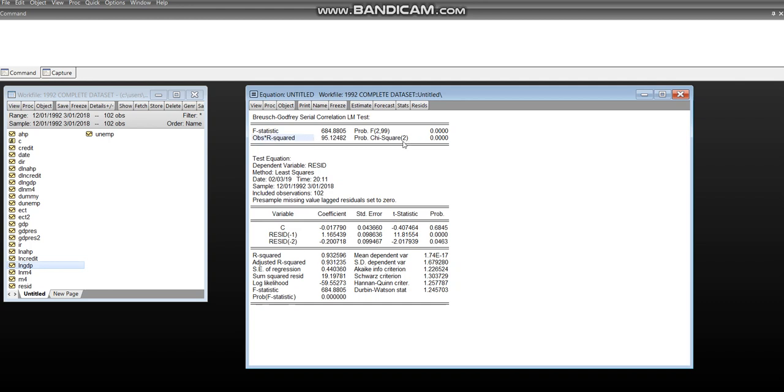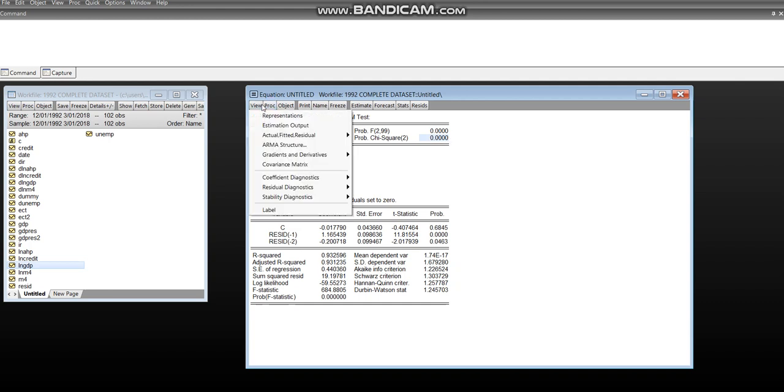It's actually the second row that you have to look out for, rather than the first. The test statistic is calculated by just taking the number of observations, I think I've got 102 observations, multiplied by the R² value there. And as you can see, I've got a p-value of 0.000. So we've clearly got